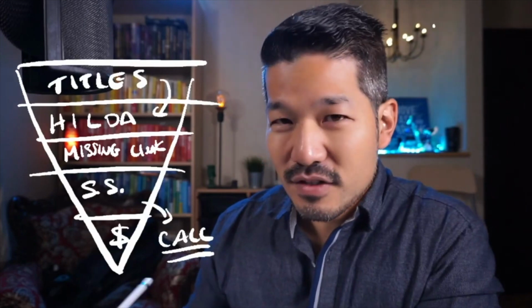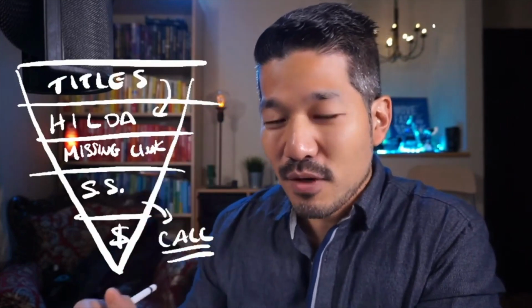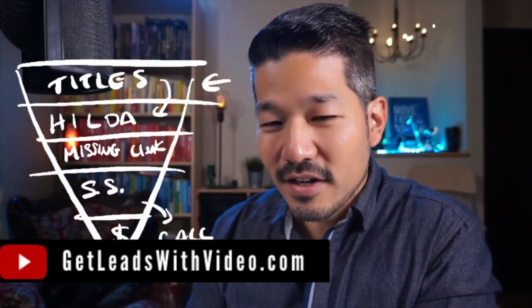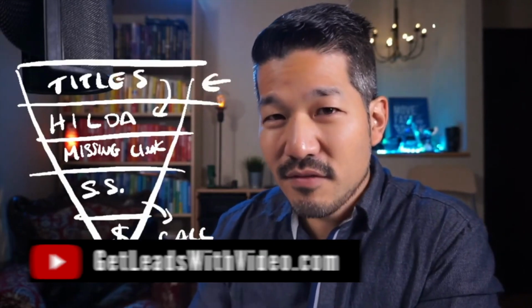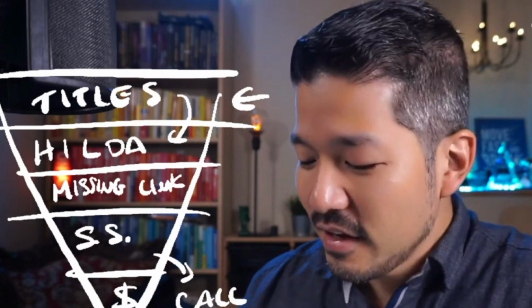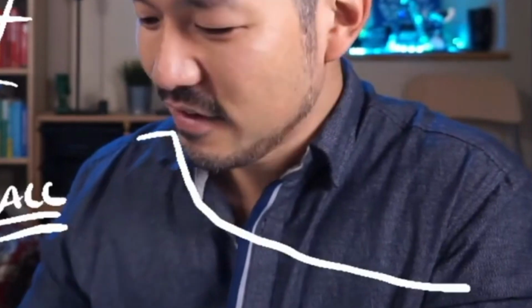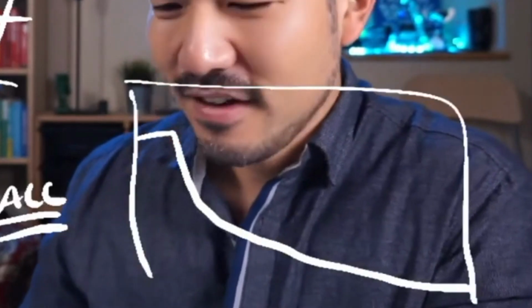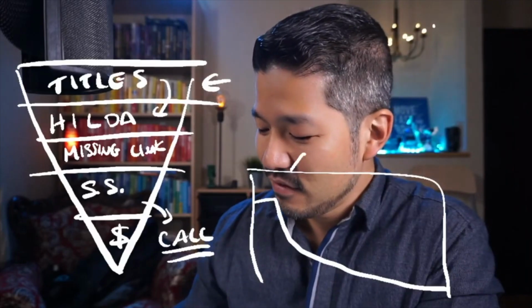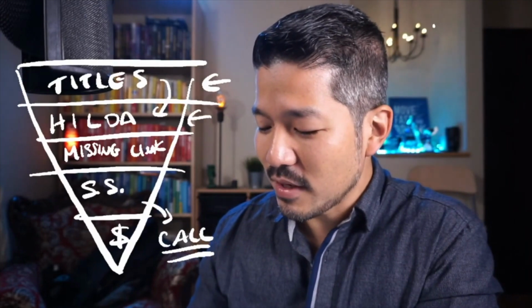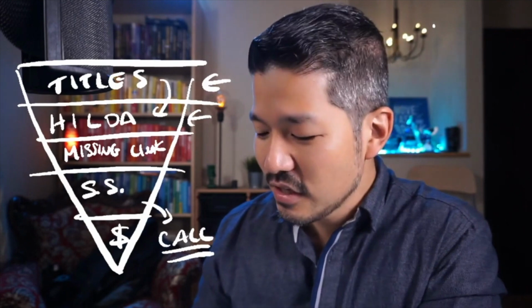You can strategically pinpoint where the problem is. If the view count is low, you know that the title needs to be improved. You could do the same video and stick a better title on it. If the view count is high, but then you see this engagement graph where it just drops off like a cliff, you know, you've seen these, right, on Facebook, then you need to work on the structure. How can you hook them in better, and how can you keep them engaged throughout the video?